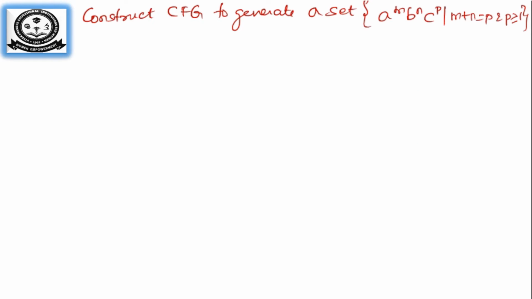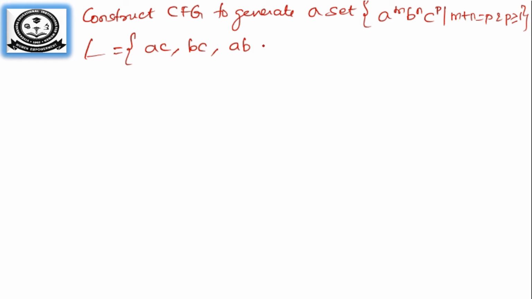Another example to construct the CFG for the given language. First we'll generate the language. You can see a^m b^n c^p, where m plus n should be equal to p. Let us assume if m and n are equal, n is equal to 0. So if that is the case, ac. If m is 0, you will get bc. If m is 1, n is 1, what will be the term? So you will be having ab, c